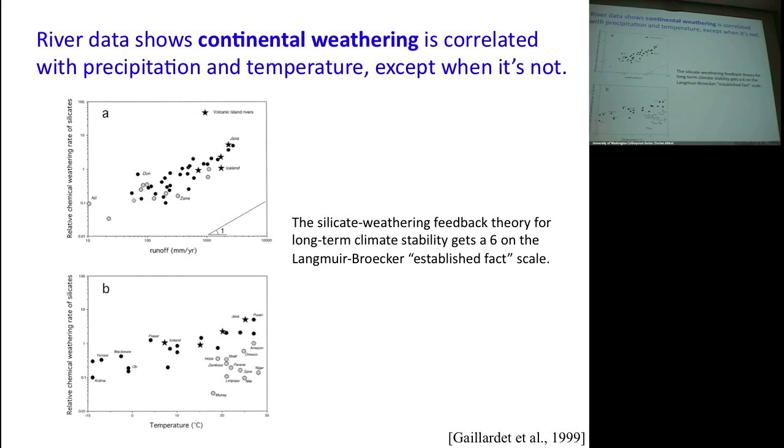Okay, so this is this paper by these French guys, and what they're doing is they're plotting, they look at a bunch of different rivers. Each of these dots is rivers. I'll explain what the different colors of things mean. And what they're doing is they look at the runoff, which is sort of like the total amount of precipitation that hit that river catchment area, and it's the amount of water flowing out in the river. And then they plot the chemical weathering rate, which is, they're plotting basically what we want to know for the continental weathering. And what you can see is there's some sort of reasonable correlation between precipitation or runoff and chemical weathering rate. And then down here, they're doing the same thing with the mean annual temperature.